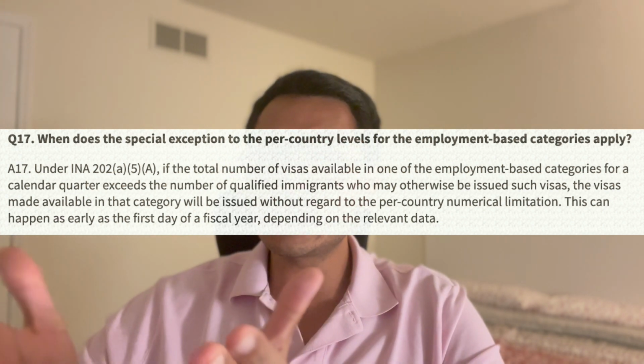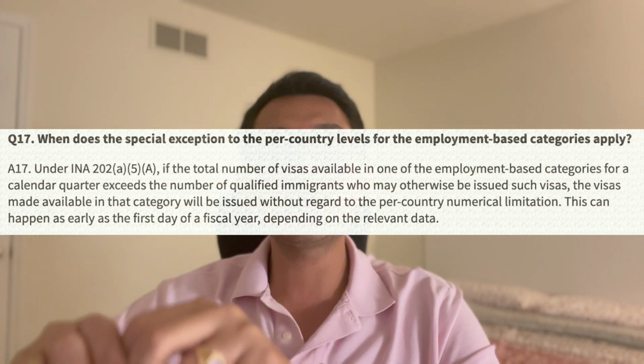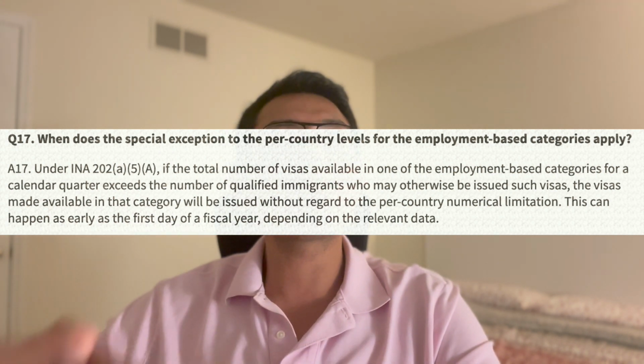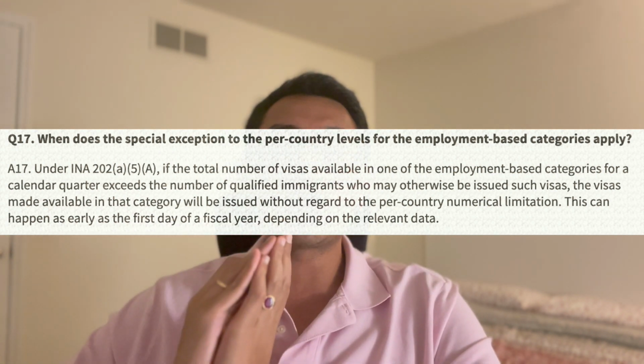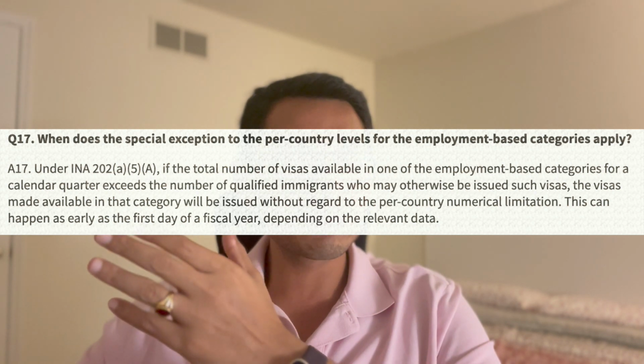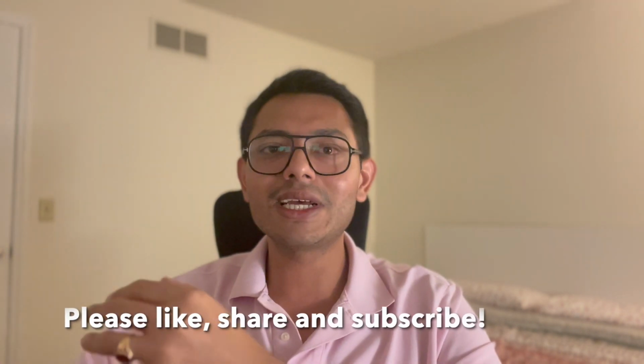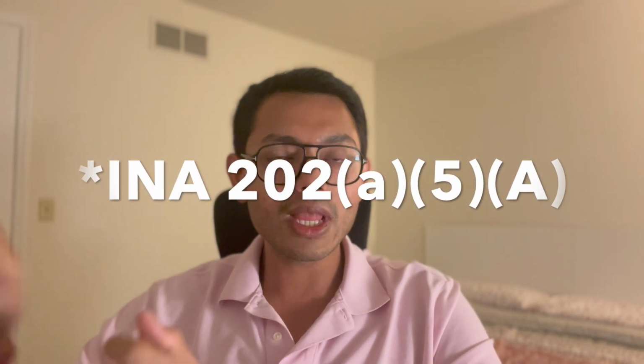So the 10,000 visas which were not used will be allotted to the country or foreign state without the per-country quota. So in that case, USCIS can use those 10,000 visas for India, because India is the most retrogressed, right, to remove the backlog. So that is a section, and that section is in the INA, which is the Immigration and Nationality Act of 1952, section 205, 5A. I don't know exactly how to pronounce all these terms, but I'm just telling it in plain English.